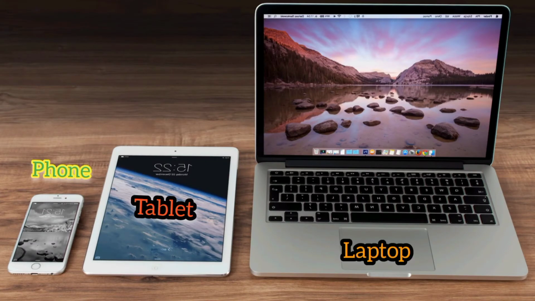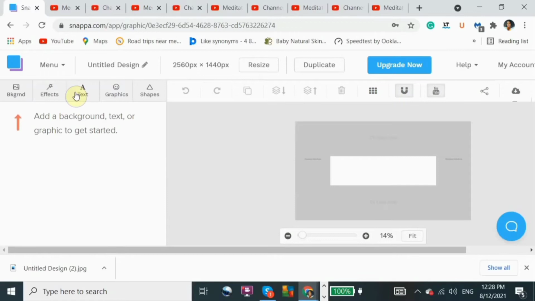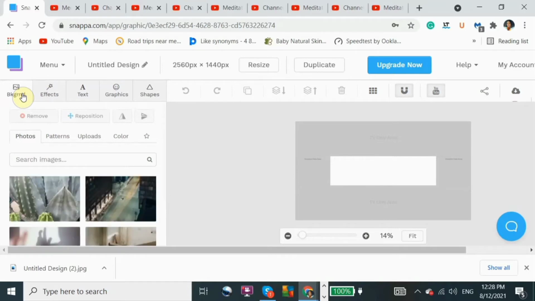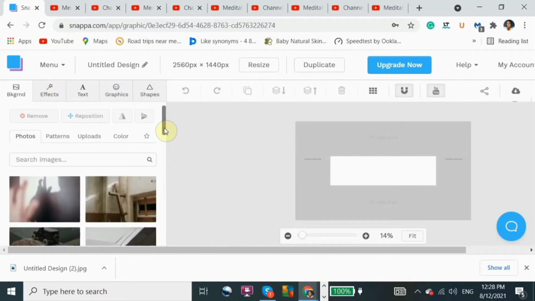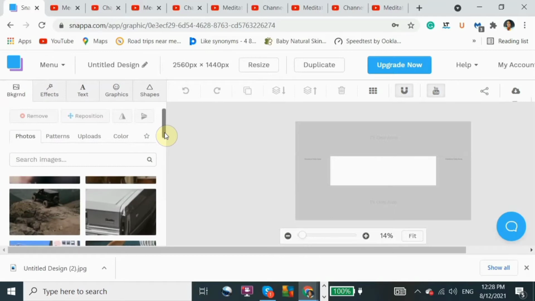If someone is watching using a phone, a tablet, or a laptop, they'll still be able to see what your channel is about. So nobody is left out. Snapper has given you several options, so you can choose whatever it is that you want to use as your background. So click background, choose either a photo, a pattern, or one of your pictures that you uploaded to use